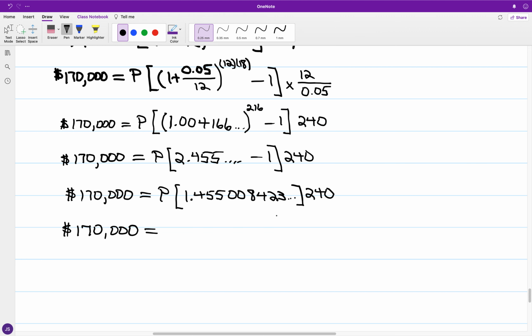For the product of the decimal result and 240, we have 349.202.0215 times P. And if I divide $170,000 by this decimal,